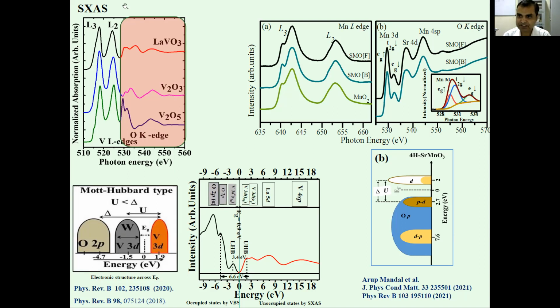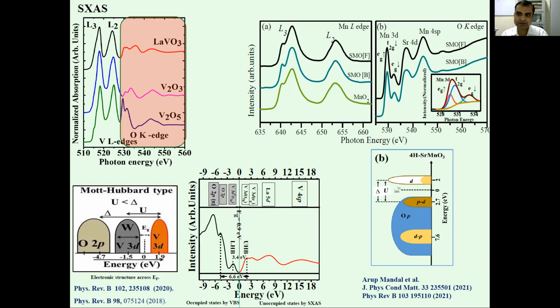Here is another example, lanthanum manganese oxide. In this lanthanum manganese oxide, if you look at its crystal structure, you will see that manganese is surrounded by 6 oxygens. So you have MnO6 octahedra. Because of that, the manganese 3d level, which is generally degenerate in elemental states, in the presence of MnO6 octahedra, because of the crystal field arising from the ligands, your Mn 3d degenerate energy levels are split into t2g level and eg level.